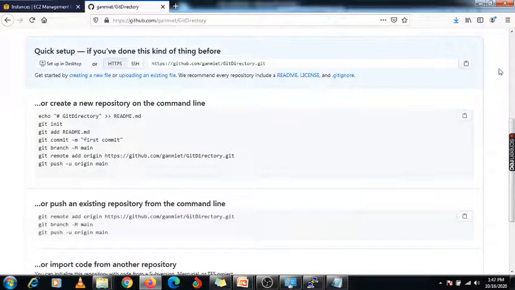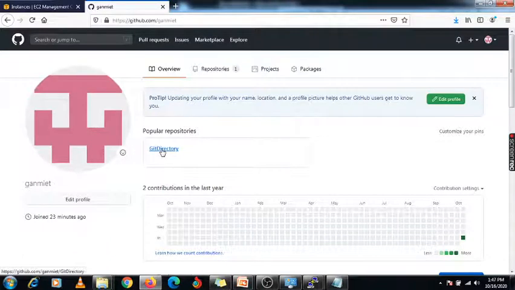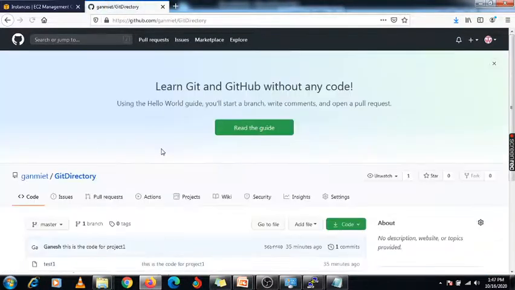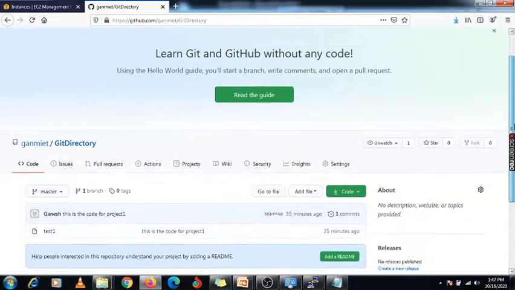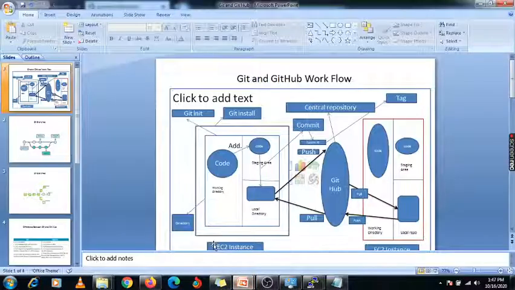Now you need to check under this central repository whether the code which I have pushed is available or not. So now you can see this code is available in your central repository using this push command. So one task we have done as per this workflow. This part we have done, this whole EC2 instance, and this code we have pushed to our GitHub.